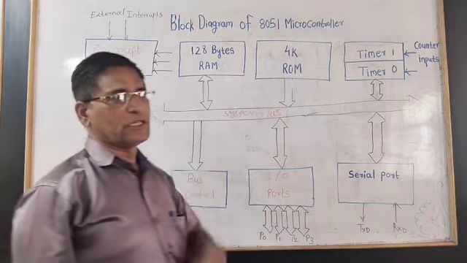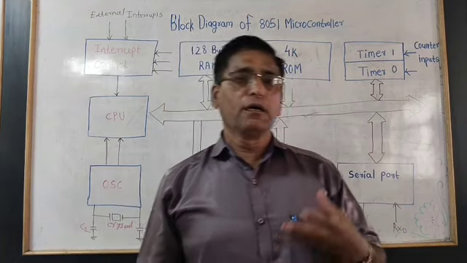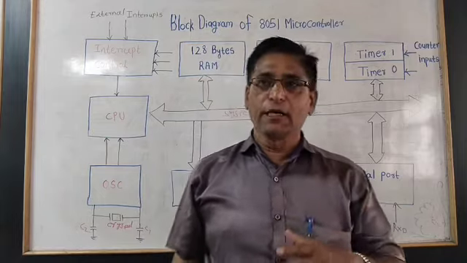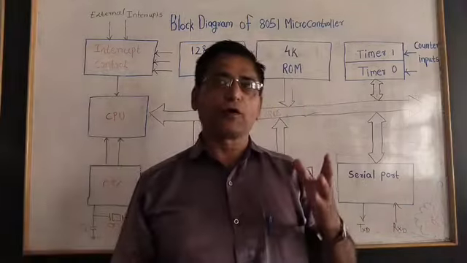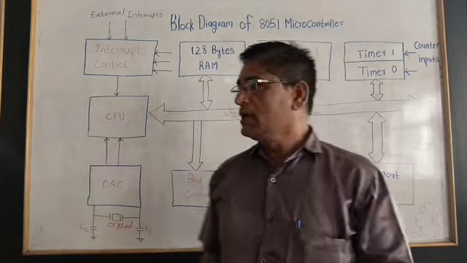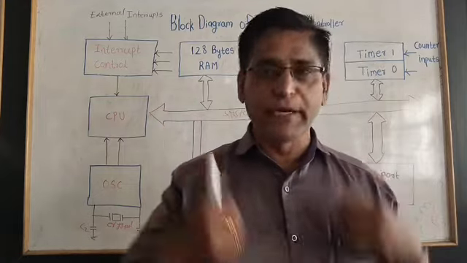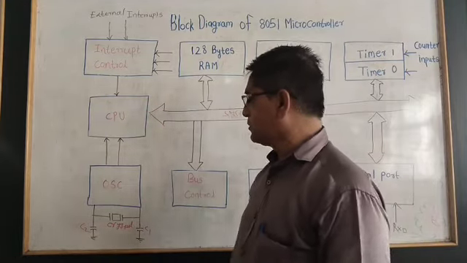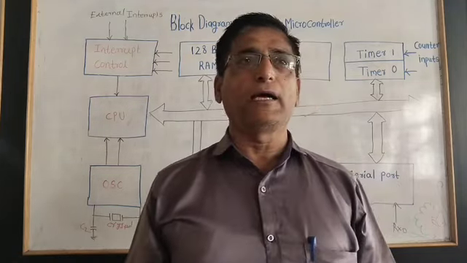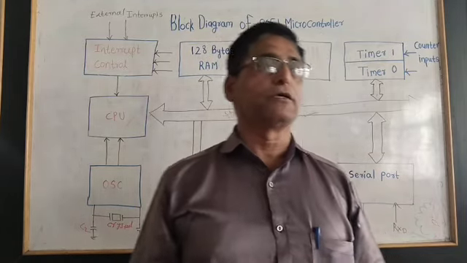Now every processor requires clock cycles or clock signals. That clock signal is generated by the oscillator. Normally this oscillator is a regenerative circuit which generates the clock signals. For better oscillations or better generation of the clock signals, the crystal oscillator is normally used. The crystal oscillator has better stability, so that's why it is normally used. In the 8051 microcontroller, oscillators of about 10 megahertz to 35 megahertz are used to generate